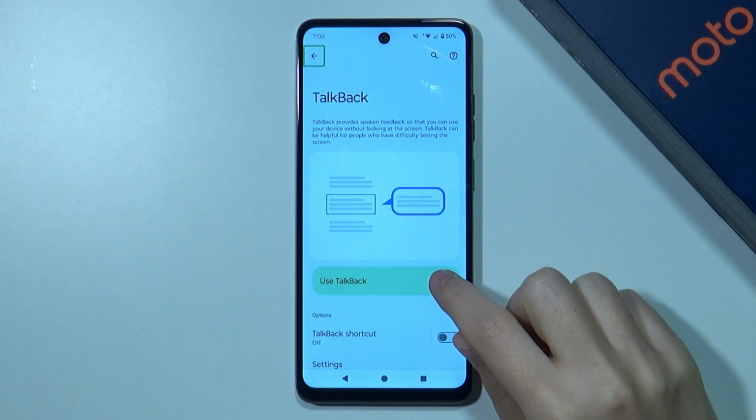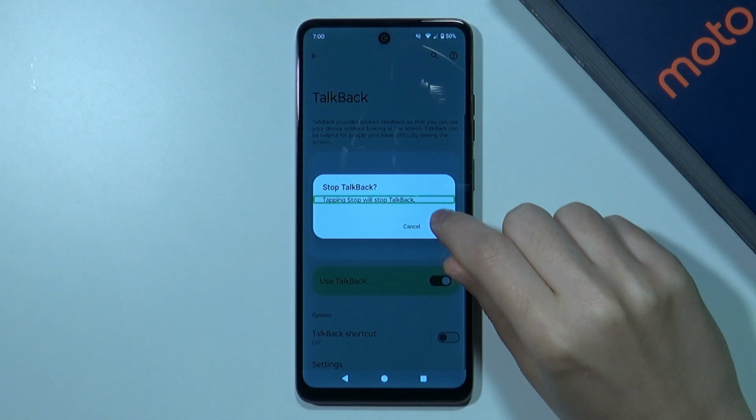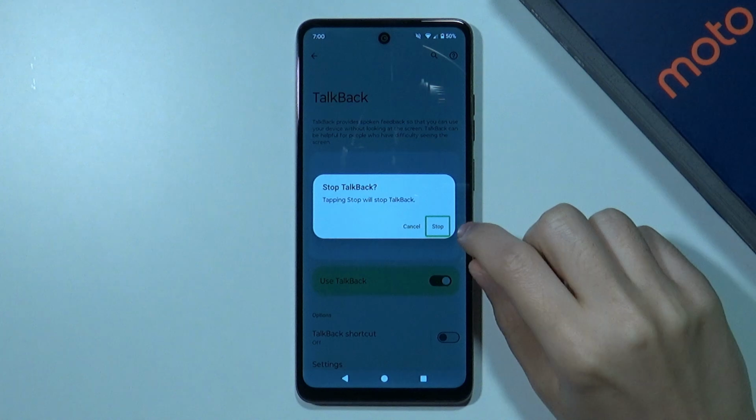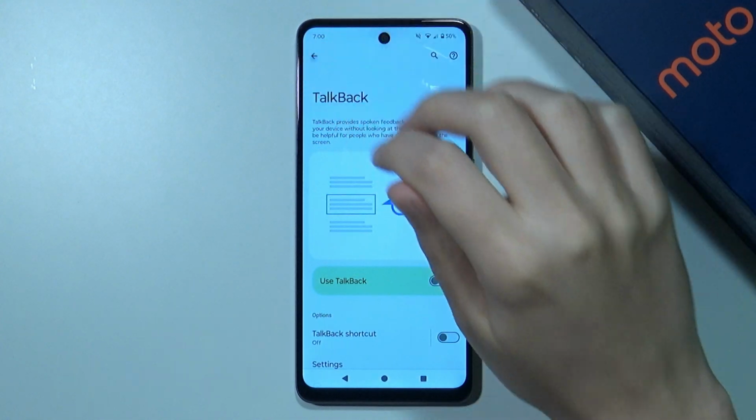And finally over here we have use Talkback, so select it and double tap to disable it, confirm that we want to stop. There we go. And now Talkback should be disabled and you should be able to use your phone normally